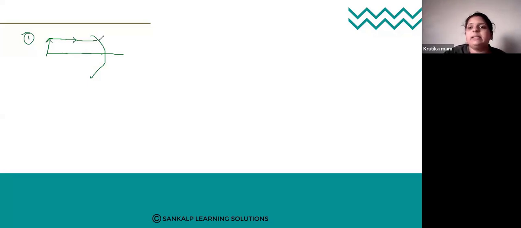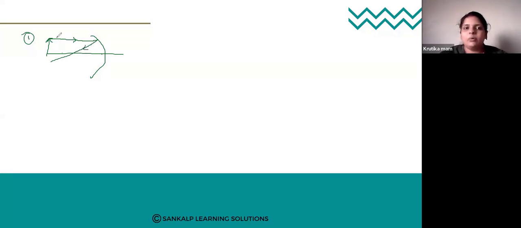What do we call this? Incident ray, going from the object towards the mirror. So this is called the incident ray. When it hits the mirror, according to reflection it will return back or bounce back, right? So this phenomenon is called what? Reflection. So you have to show it with an arrow mark like this.